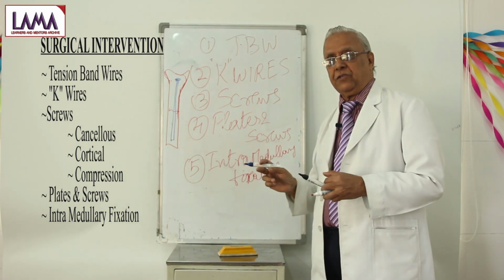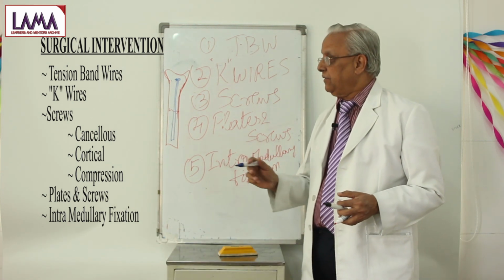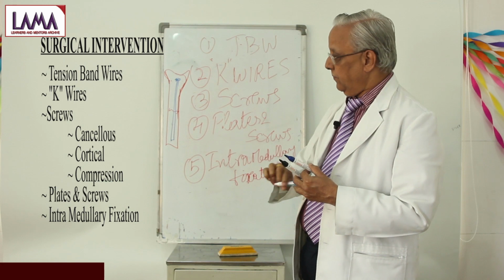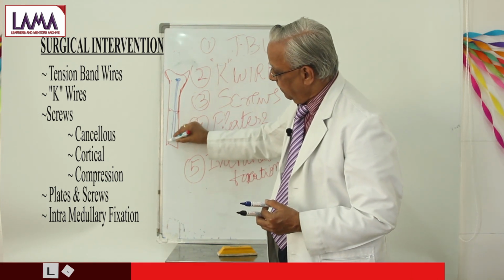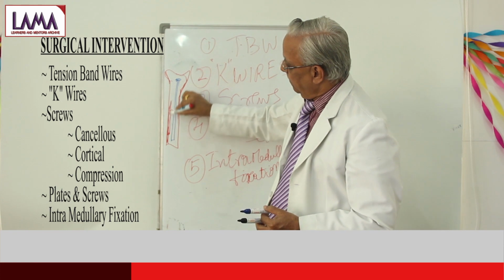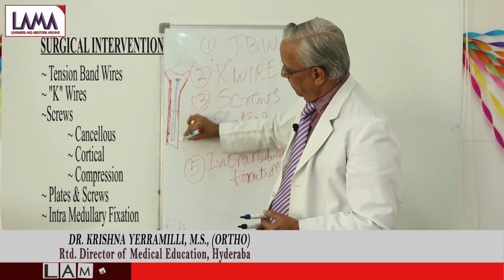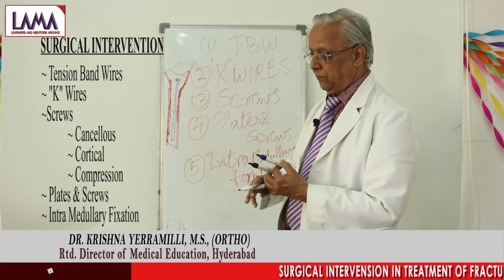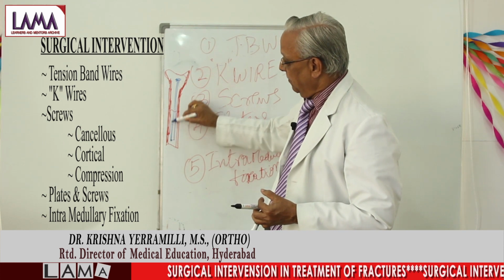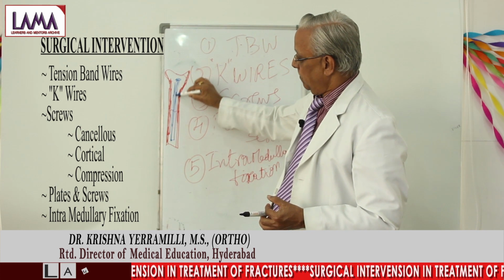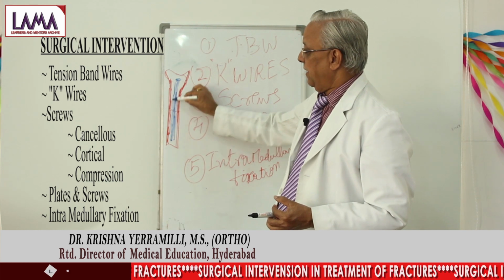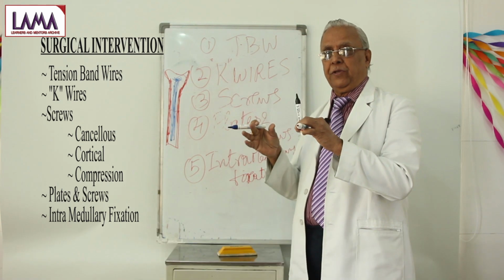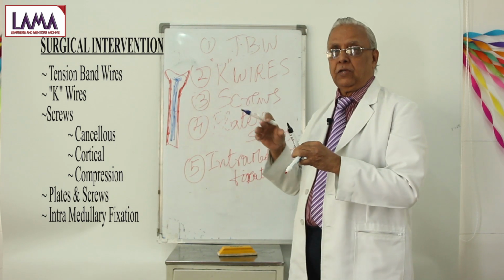Now we are using locking nails. That is, suppose there is a fracture here, this nail is supposed to be, this is the thickness of the bone, and the nail thickness must be almost equal. If it is not almost equal, what happens? The nail itself will start rotating inside and it goes on moving, allowing the fracture to move and not getting